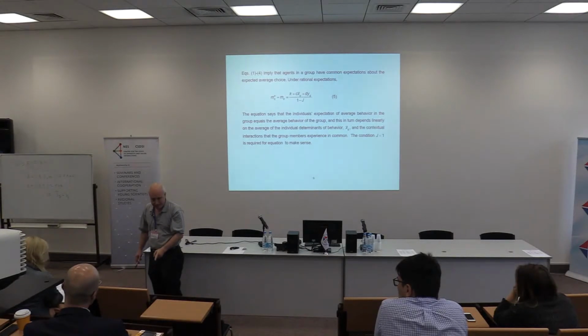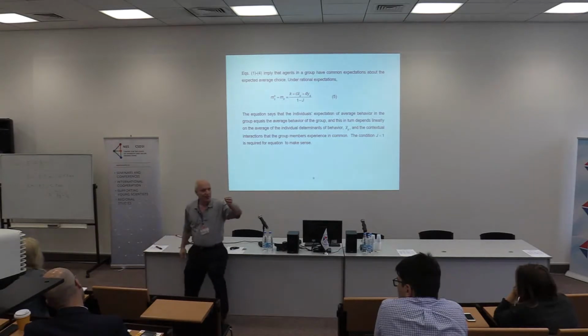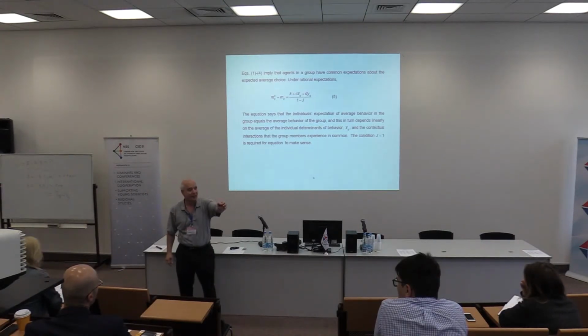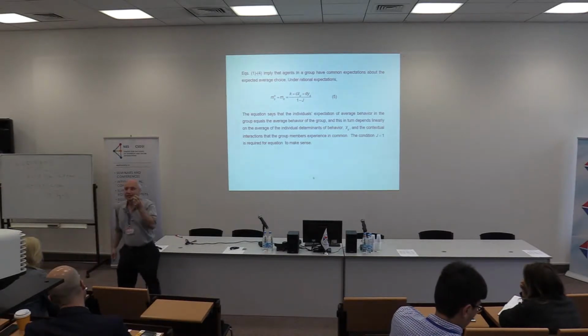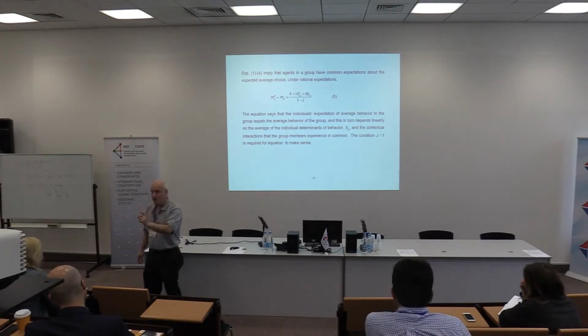Did everyone see that? I need to have x bar moving around the m in a way that's distinct from the effect of the y's. Therefore, for that to be true, there must be an xi whose associated average isn't already in the y's. So that's the constructive way to think about identification. When you specify a linear social interactions model, you need to have a priori a variable at the individual level whose group level average is not included in the equation. That should remind you of something.